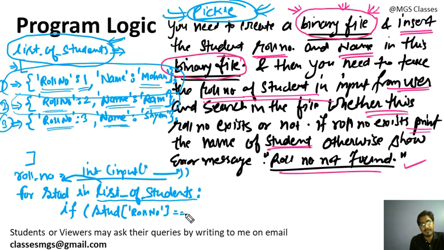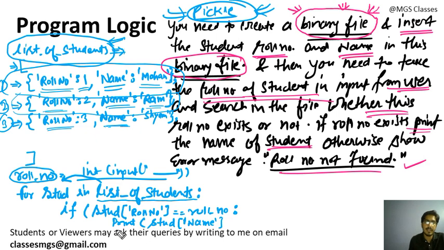And if this roll number matches the roll number that I have taken from the user to search, then I can print the name, which is stored under the name key. So I can print something like student underscore name. This concept you need to know. Okay, and then I can iterate this for loop, and